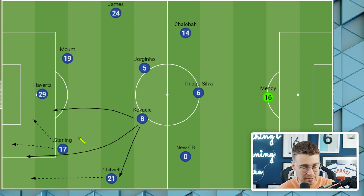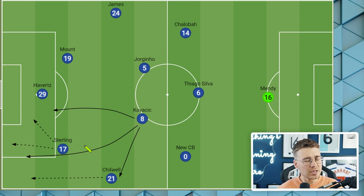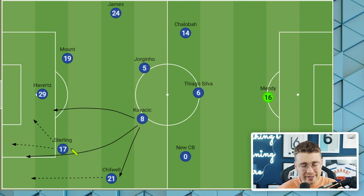And what I like about this setup is that the left side becomes super balanced with options. With Sterling's ability to sort of come inside,